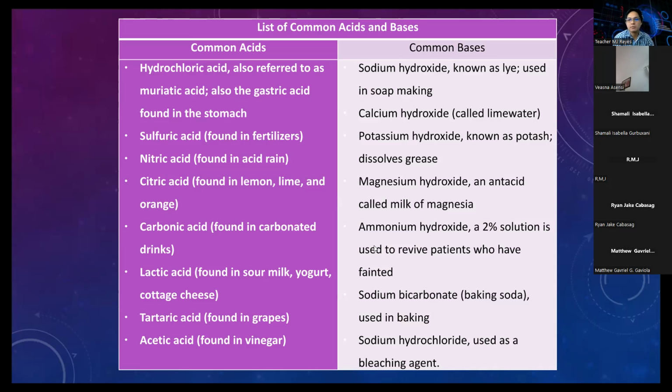Ammonium hydroxide, a 2% solution, is used by patients who have fainted. It is otherwise called the spirit of ammonia, used to revive fainted patients. Sodium bicarbonate, this is your baking